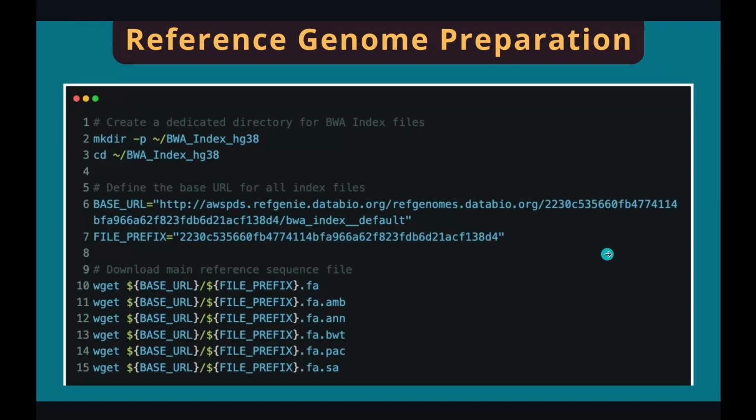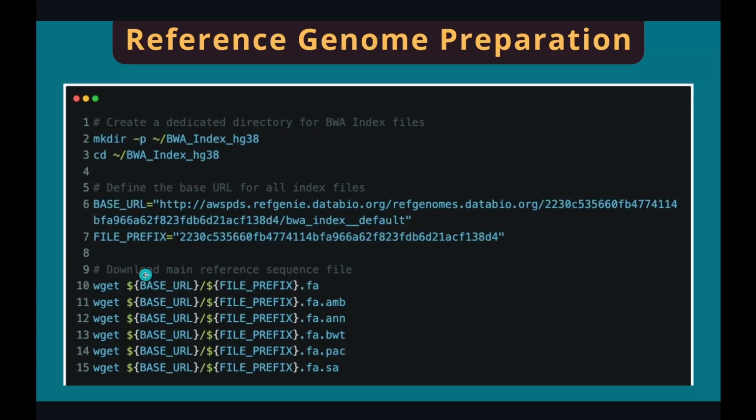The aligner we use here is called BWA. Like all other aligners, BWA requires a reference genome index. Fortunately, refgenie provides a pre-built BWA index, so we just need to download the files. So create a new folder for the BWA index and download the files using the wget command. Here, we just store the URLs into two variables, so we don't have to copy this long URL every time